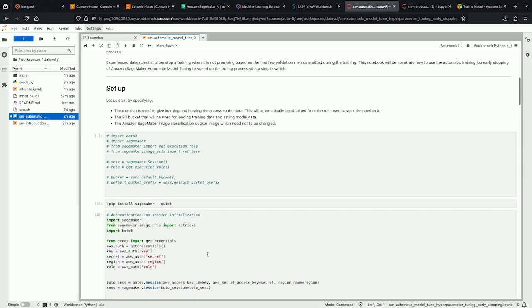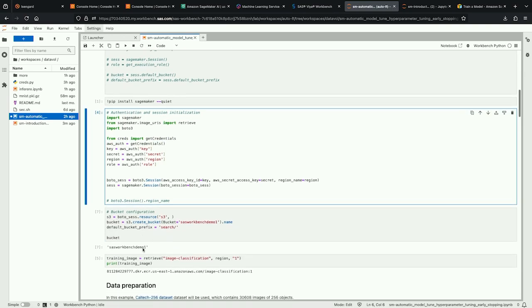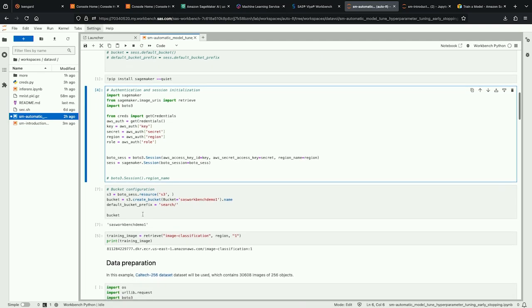So I'm going to quickly walk you through the notebook. You do your authentication with your Amazon account. So you need a key, secret, specify the region, and a role that has access to training and running inference in SageMaker. For me, I have initialized it in this Python library. And then you specify a bucket. The concept of S3 buckets is very important when you do deep learning with SageMaker, because it uses it to copy your training data and then push it to each cluster or each node.